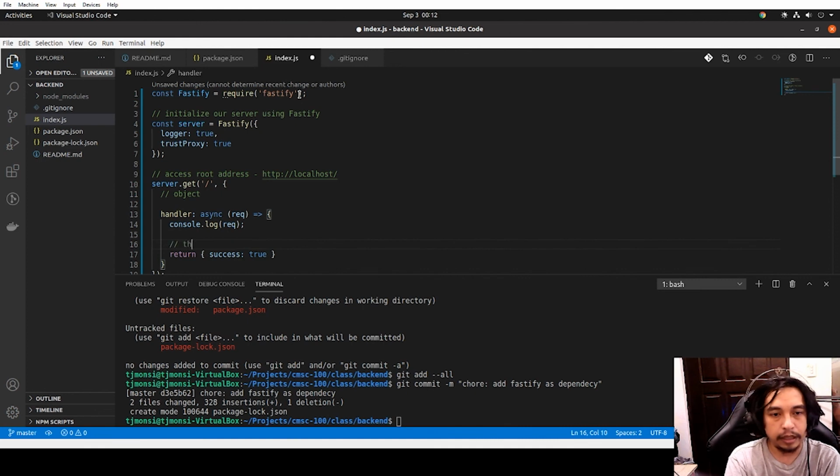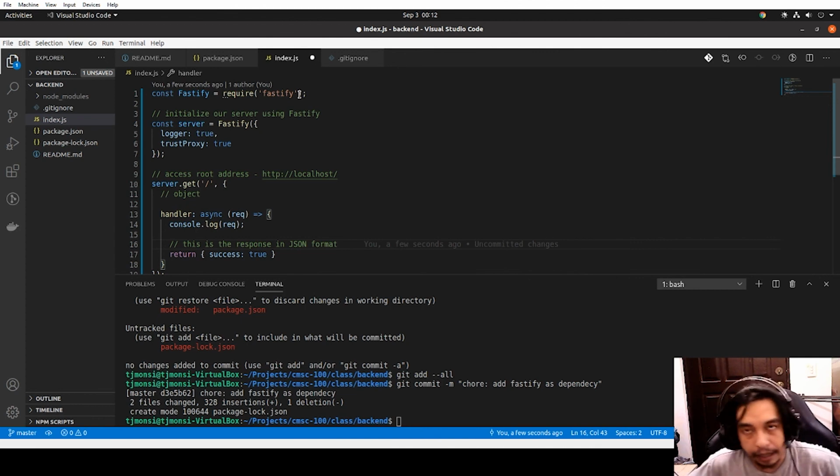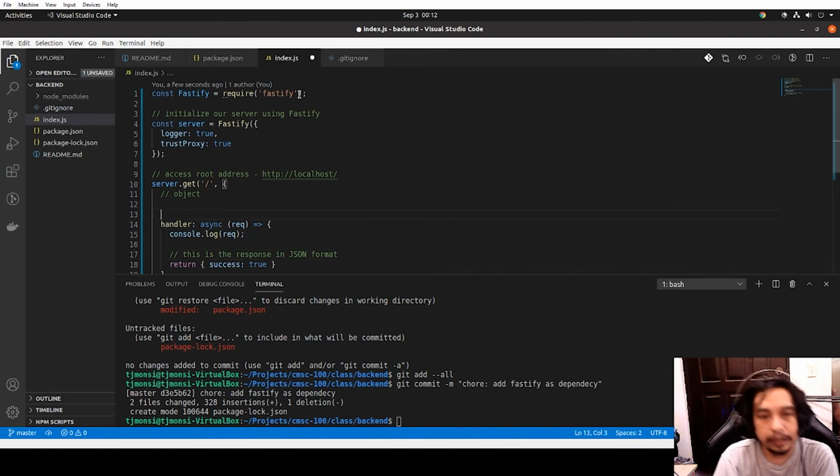So this is the response in JSON format. JSON is something that is used in a REST API. A RESTful API is about state. We are able to respond with the state of the server. So we'll just add